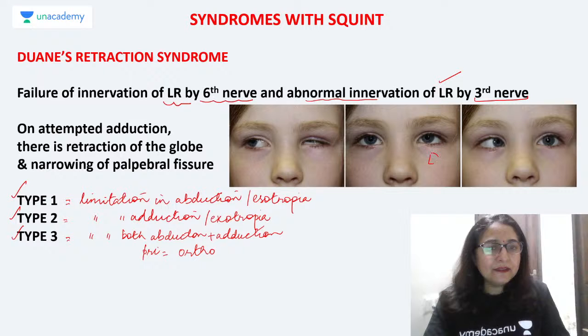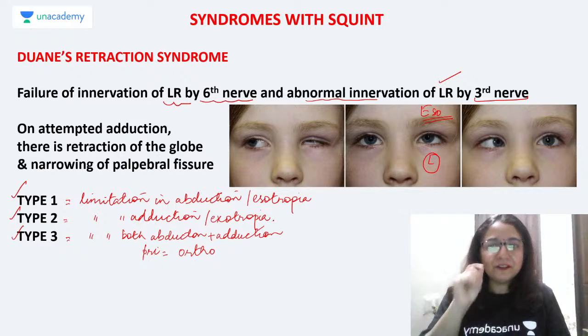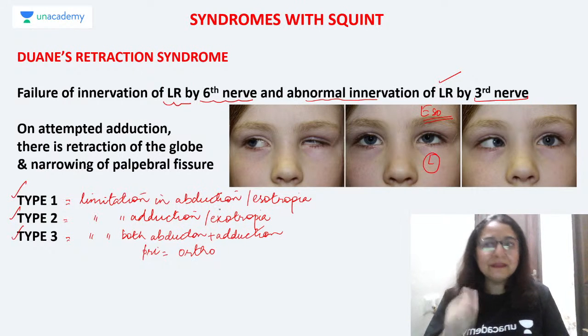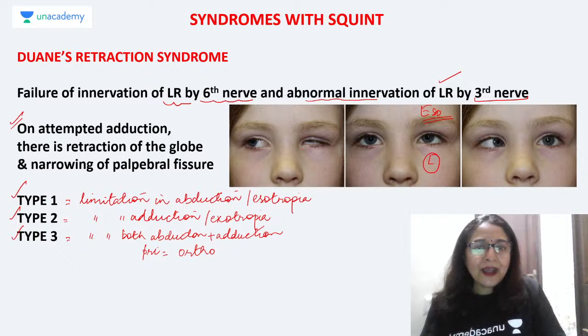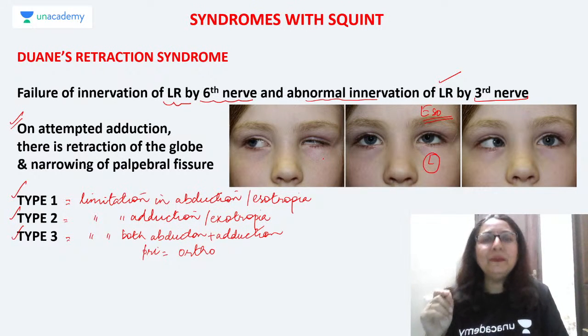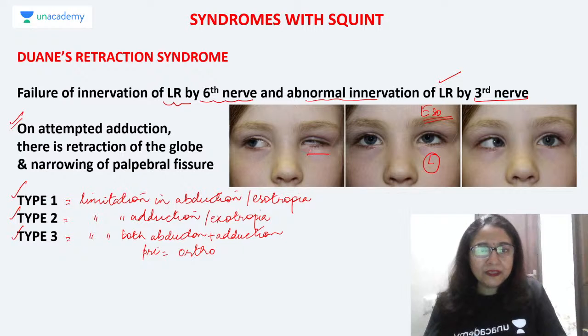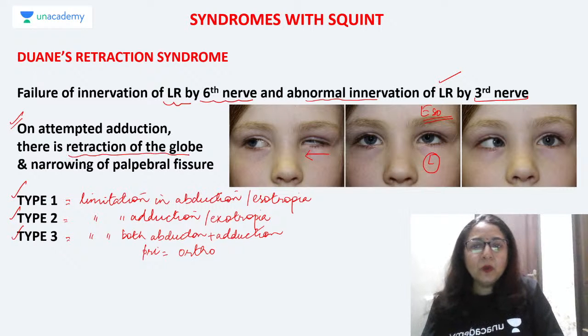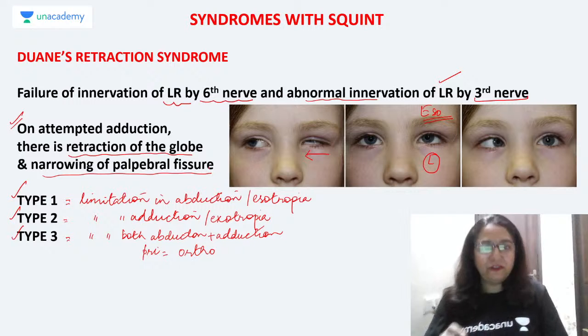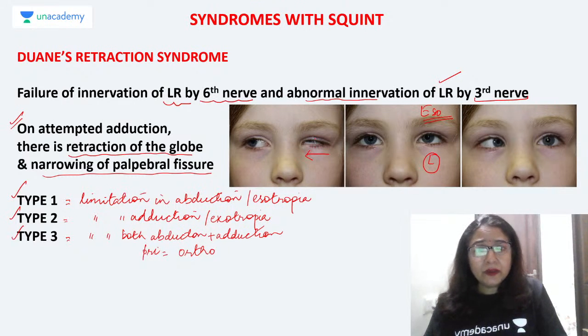Here the left eye is the eye which is affected, and as you see, the right eye is straight and the left eye is having esotropia in the primary gaze. Another special feature of Duane's retraction syndrome is that when the patient attempts adduction, moving the eye inwards, there is retraction of the globe and narrowing of the palpebral fissure, as you can see. This is the normal palpebral fissure in primary gaze. When the patient tries to move the eye inwards, there is narrowing of the palpebral fissure